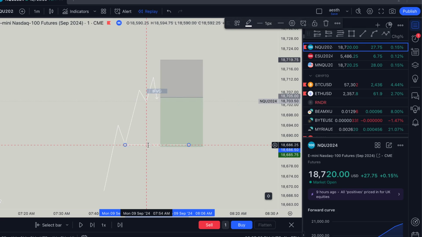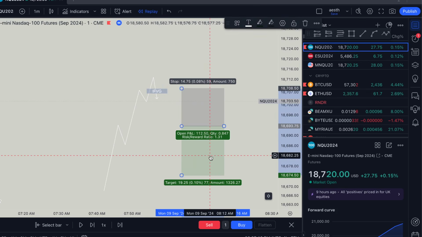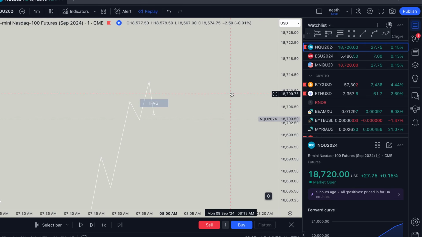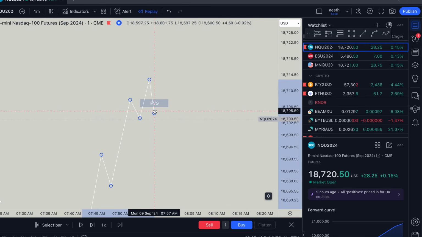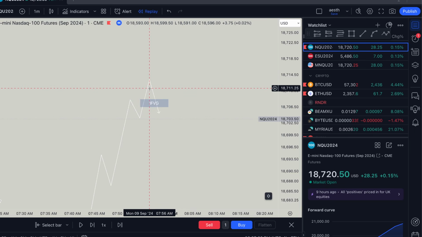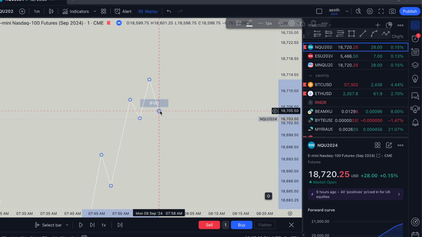Oh wait, I'm actually saying it vice versa. I apologize. So we want to take the short, price is running lower here, and as we're running lower to inverse, like let's say this is a 5 minute fair value gap, volume, volatility is relatively low, sort of dying out. This inversion is taking a while to happen.